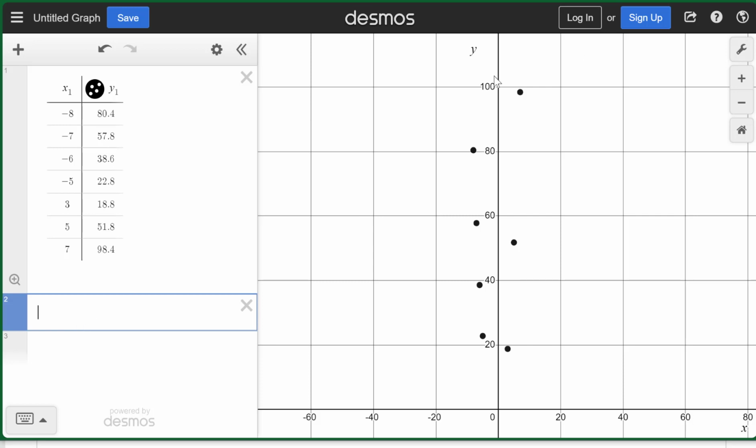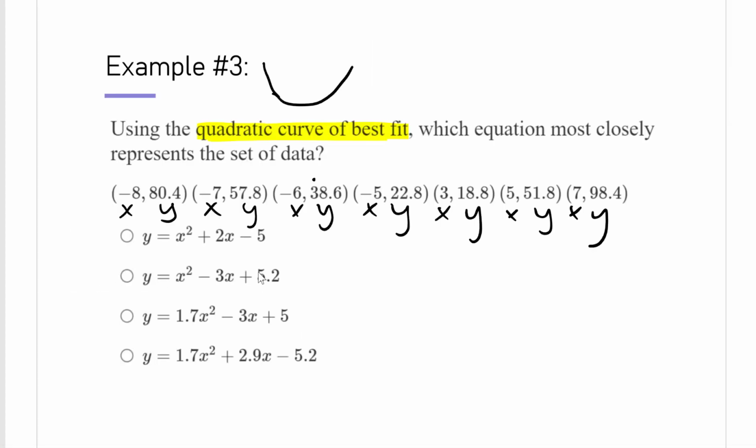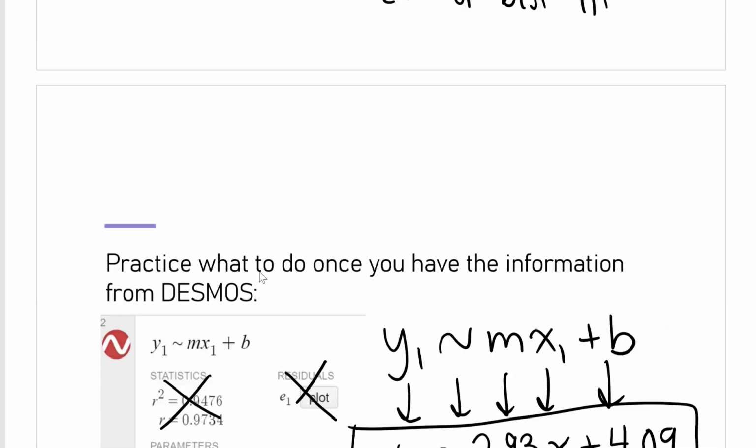mx1 plus b. So, if you go back to the steps,